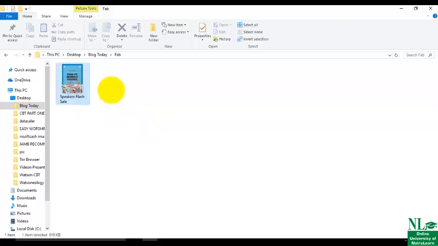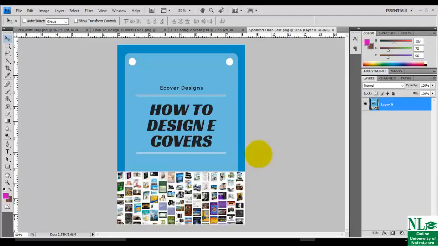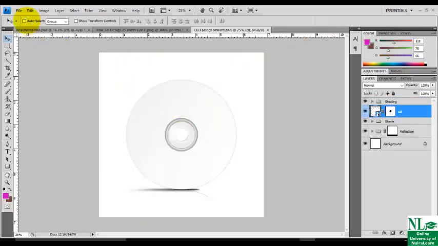Now what should you do next? Just move the template. You can drag it. How do you do that? Take your cursor to it and left click. If you're using a Windows system, left click and drag it to what? Your Photoshop. This is Photoshop. You can release it and wait for it to do what? To load. Here we are on Photoshop. Let me delete it again.